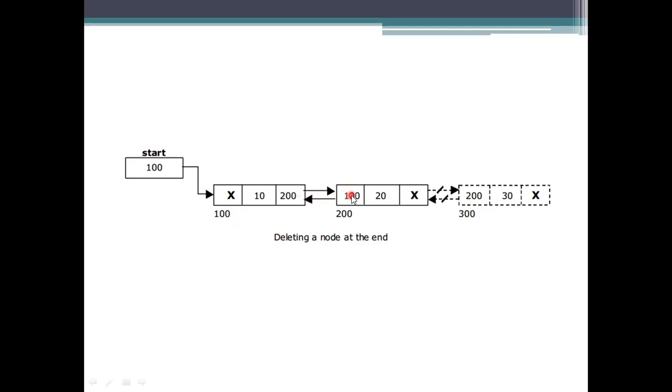So we will go for the 200 here. So let it be 300, not the x, that is a null. So here we go for the right side of the 200. It is having the 300. We can't delete this node because it is not the end of the list. And go for this 300. Then surely we will see whether it is equal to null or not. As it equals null, we need to start the processing of that one. Means we need to delete this element. So whenever we are deleting the element, when we get the value that is null at the right link, then only we will delete that node here. If not, we won't delete it.